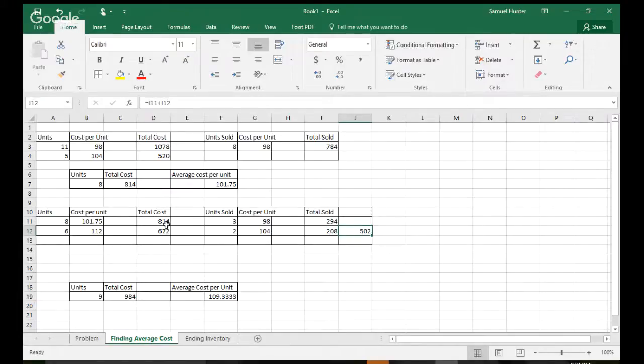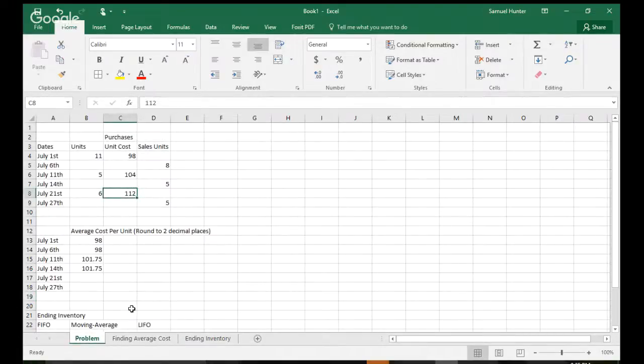So we have 814 plus 672 minus 502 equals 984. Now, I'm pretty sure I did something wrong somewhere in there because I'm not getting the exact answer. It's close. But anyways, so we have 8 units plus 6 units minus 3 minus 2 leaves us with 9 units. So 984 divided by 9 is 109.33, which is close to the right answer,